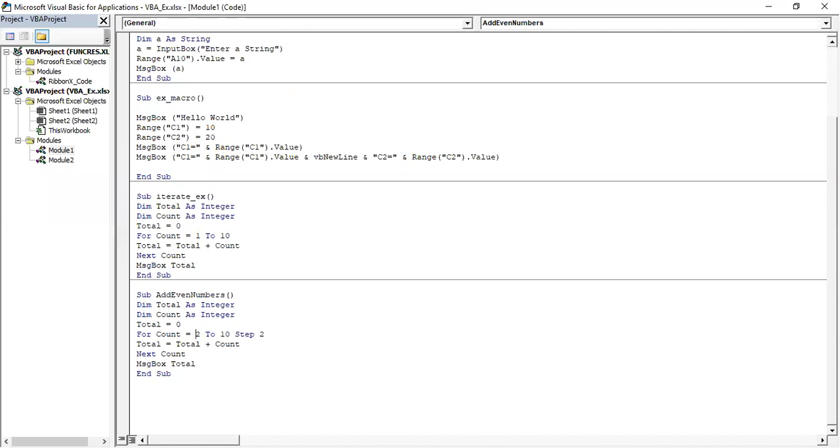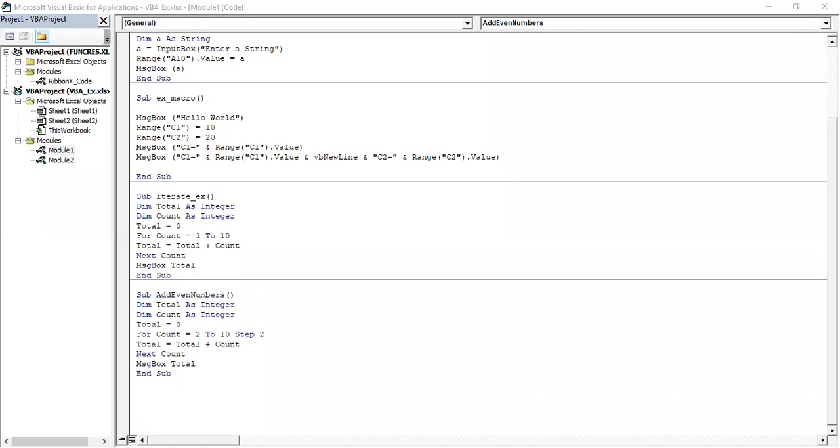So we are starting the range value from 2 to 10, in steps of 2. The next count will increment the count value by 2, count equal to count plus 2. So it is starting from 2, then 4, 6, 8, 10. So this subroutine is add even numbers.